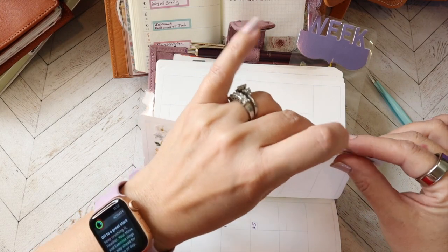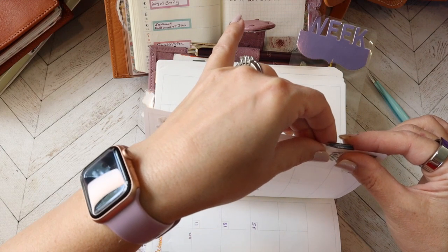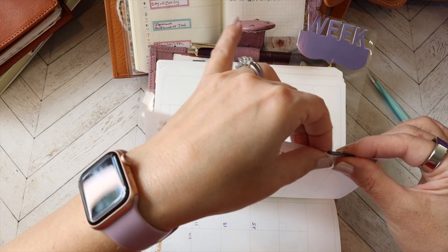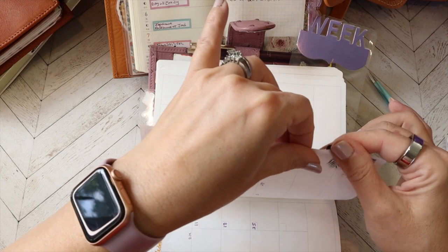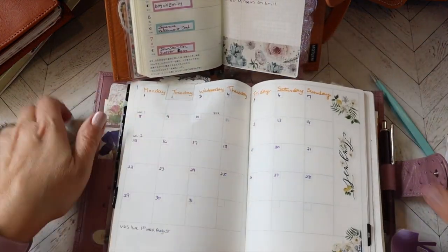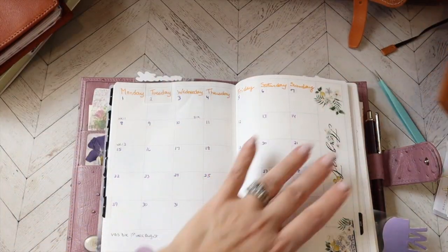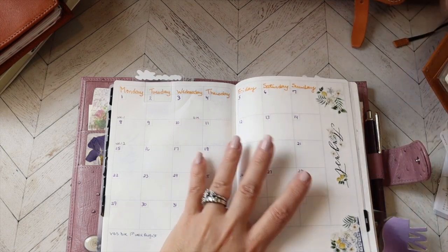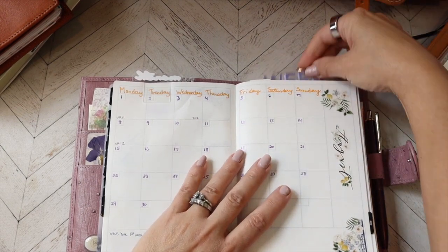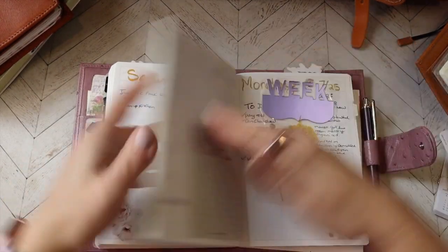I really don't like these tabs for many reasons, but one, they are small and I like that about them, but I just have such a hard time flipping them over. Okay, we did it. Let's get this figured out. All right, so now I will go to my weekly,